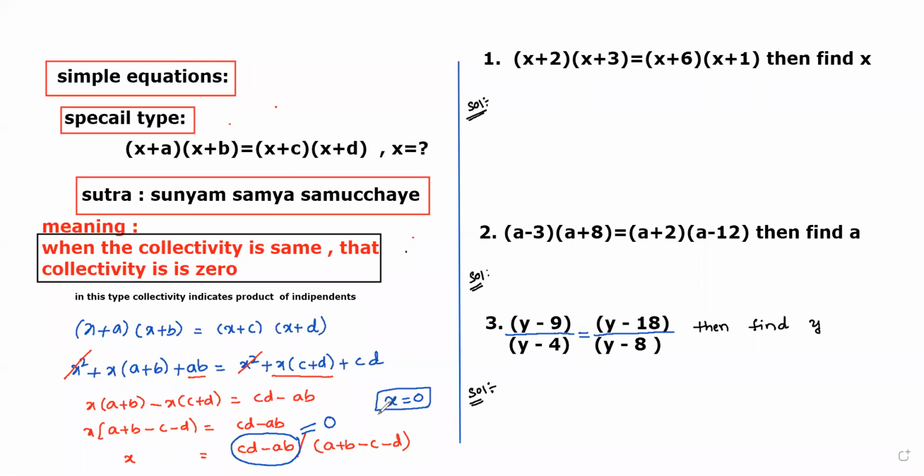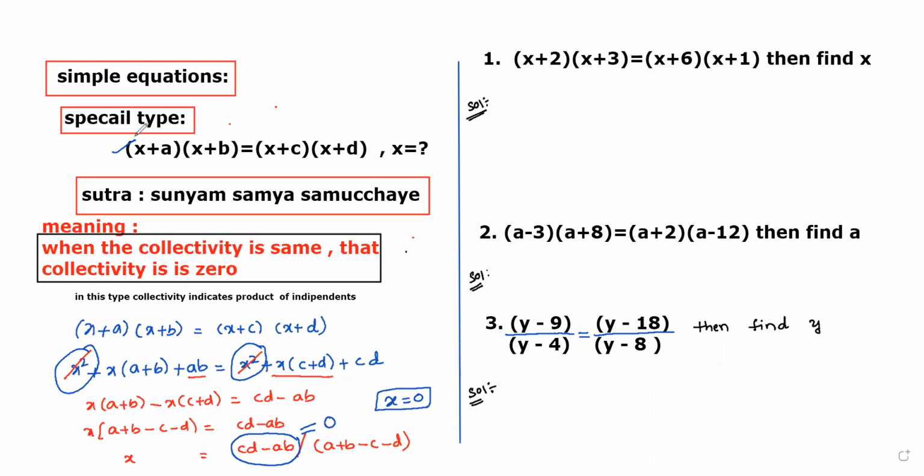But we have to notice another point also. This is a simple equation. Why? Because the x square term is cancelled, that is the reason it becomes a simple equation. So every time we have to check whether it is a quadratic equation or a simple equation. So already I have given the general type here. In case any problem looks like this pattern, you can directly check whether the independent products on the left side and right side are the same or not. In case they are the same, you can directly choose the x value as 0.